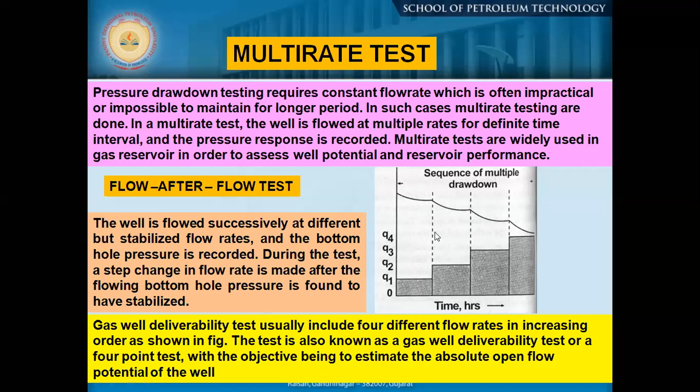So how the formation is responding to different production rates. The oil is flowed successively at different but stabilized rates. If you just see here, you can easily understand that when the pressure is more or less stabilized, at that time we are changing the flow rate. It is not that we change the rate while there is a slope in the pressure value. Okay, so we are changing the bean size. In most cases, when the pressure is stabilized and more or less horizontal, we are changing the rate. Okay, so in each and every case.